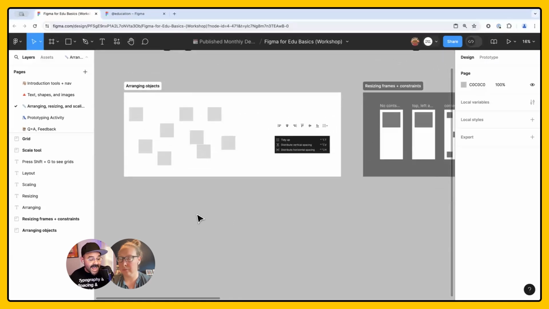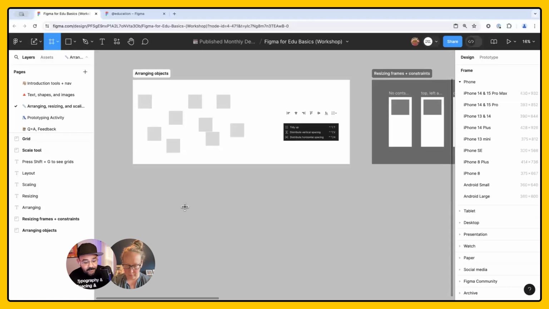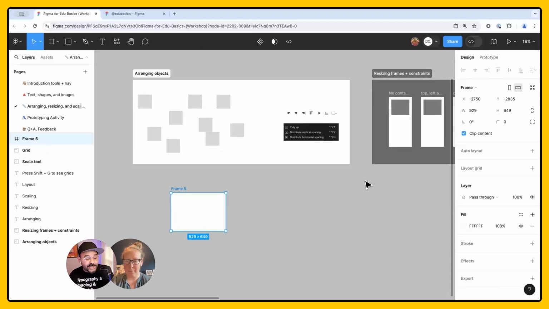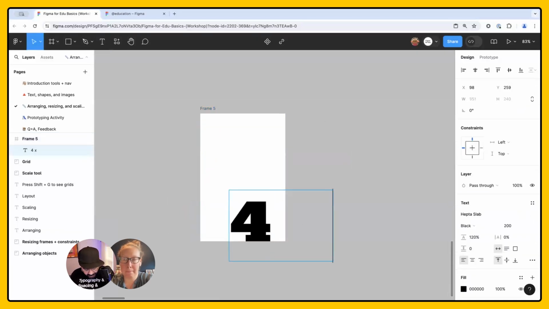Unfortunately, you can't add a 4x6 postcard frame as a preset, but you can draw one out and then duplicate it. So if I press F and draw a frame, I'll show you how to do a 4x6. I've been doing a lot of print stuff lately myself in Figma. You want to multiply everything. If you're in the US, we're using inches. So I multiply 4 by 72, which equates to 4 inches, and 6 by 72. You'll be pretty surprised to see how small 4 inches by 6 inches is in Figma. But this is a 4 by 6.